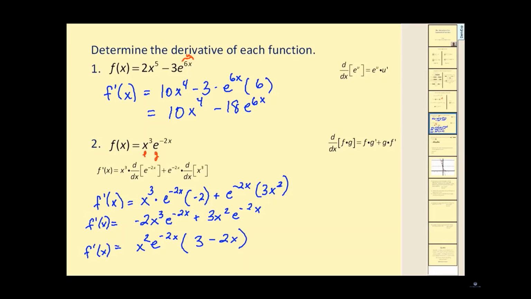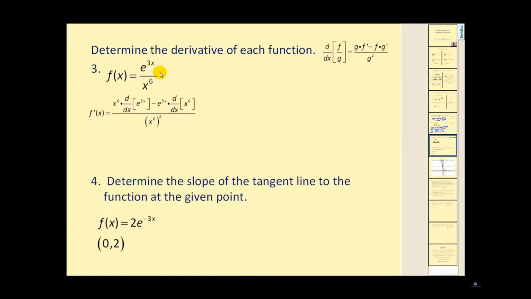Let's go ahead and try another. Here we have a quotient. So on the right side here, I wrote out the quotient rule. Remember, it's low d high minus high d low, over low low. And over here on the left, I've already set it up. We have the denominator times the derivative of the numerator minus the numerator times the derivative of the denominator